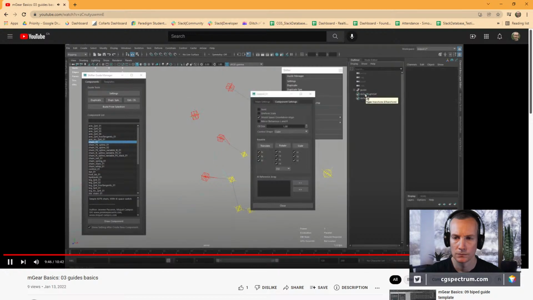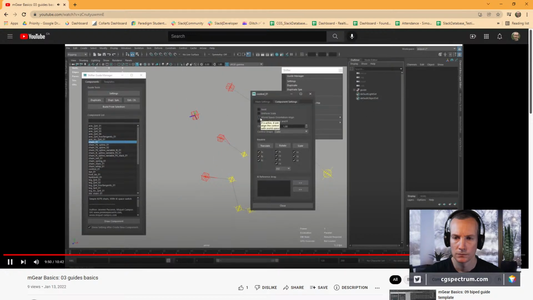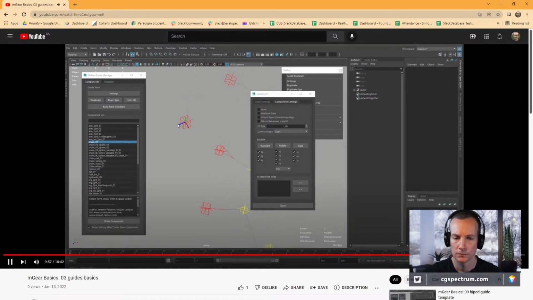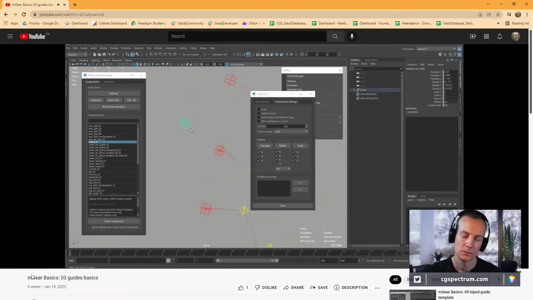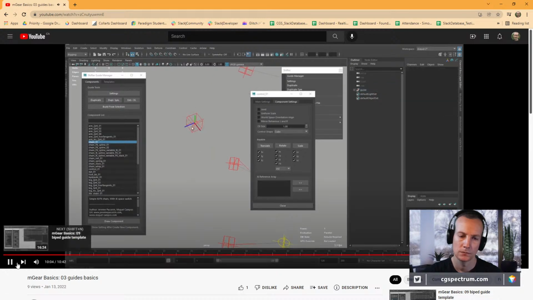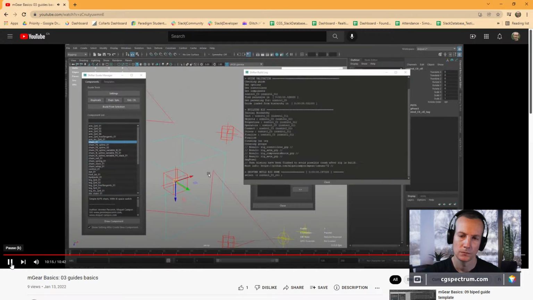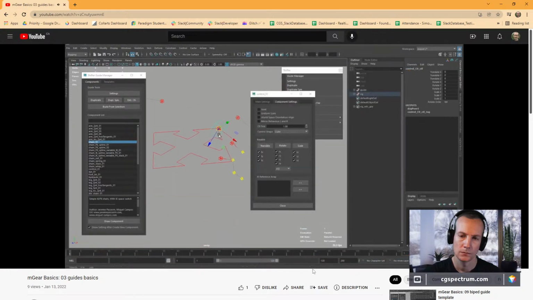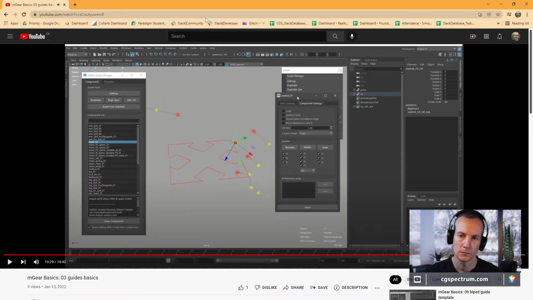Okay, that's cool, but what if I want a different orientation? Well, I just need to uncheck this. But as soon as I uncheck this, before that was not visible, but now we have what we call the reference axis. So it's this little axis here, this curve of this root. It will give you some insight how it's going to be oriented. So now I can see my orientation. And when I build this selection, the orientation is going to match with my root orientation. So that's very important. We use this quite a lot. Okay, so that's it.